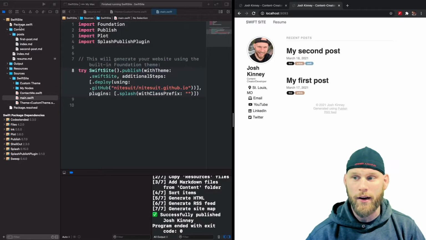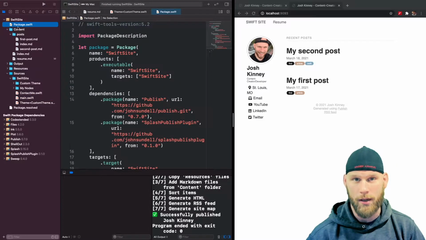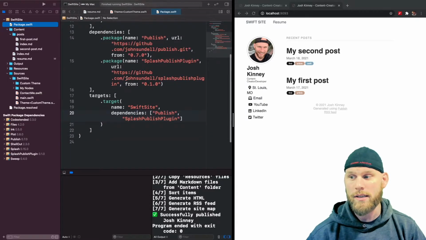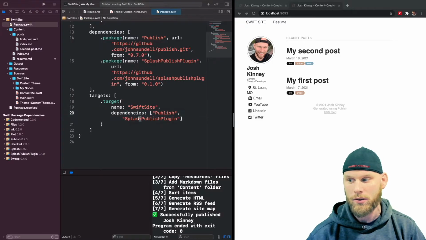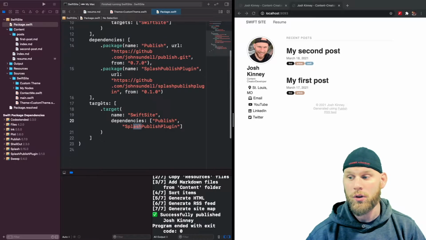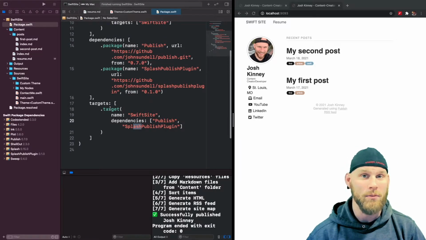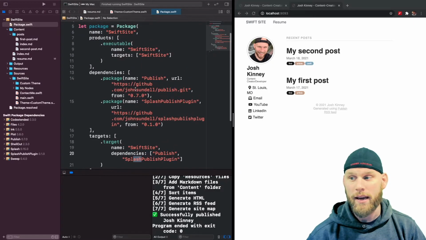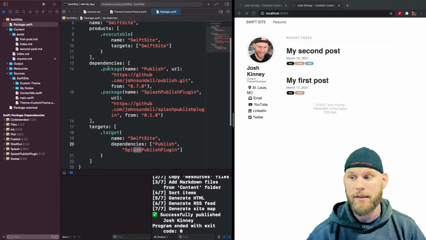To start off, at the very top, you're going to have a Package.swift. Now I'm not going to go into detail with any of this because you're going to see it a few times throughout this video, but I just want to touch on what each of these are doing. So this is where our dependencies live, and you can see I added something called the Splash Publish plugin, which is just called Splash. It's a plugin for Publish. So you can go and read up on that to see exactly what it's doing, but it's a highlighter essentially. And I've already taken care of that for us, but that's where you would add your dependencies and your packages